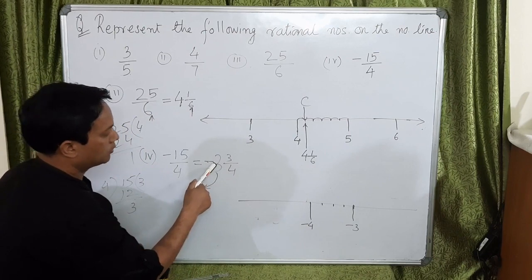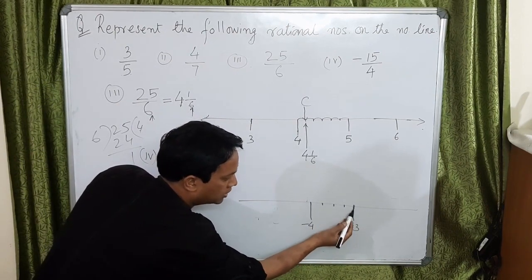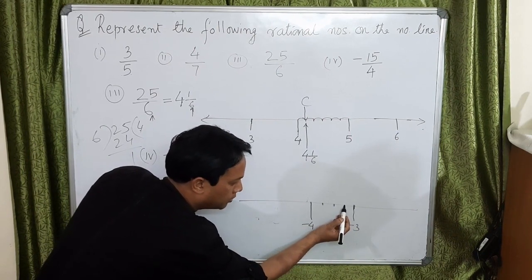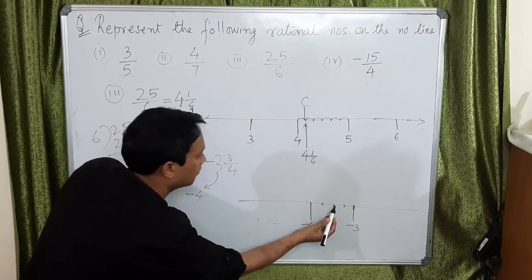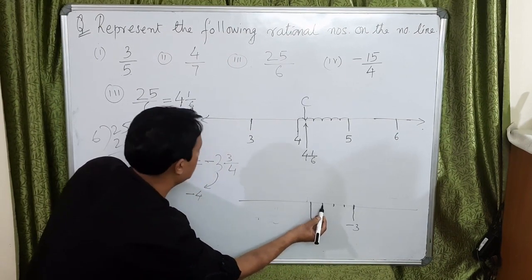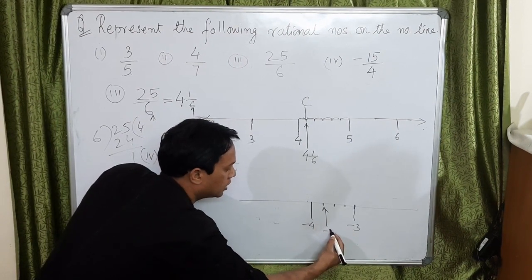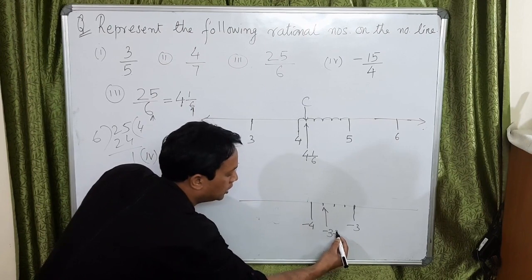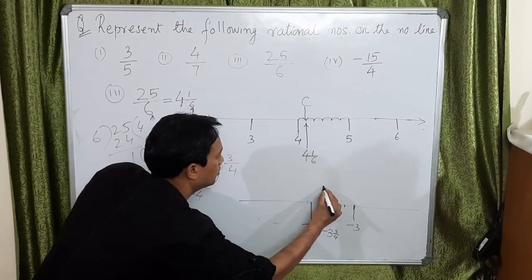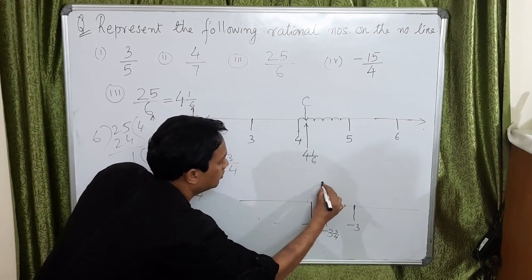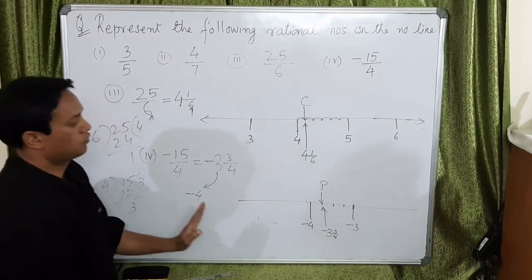So I want minus 3, 3 by 4. We will start counting from this side. Minus 3. This will be minus 3, 1 by 4. This will be minus 3, 2 by 4. This will be minus 3, 3 by 4. We want minus 3, 3 by 4. So this point is minus 3, 3 by 4. We can denote it by some letter, any alphabet, say P represents minus 3, 3 by 4 on the number